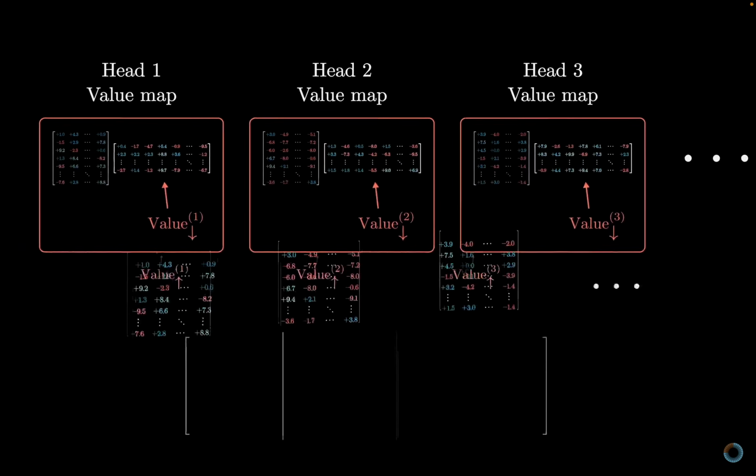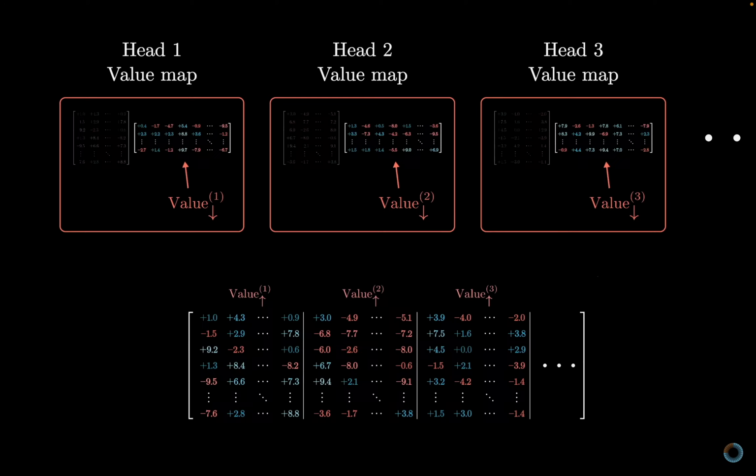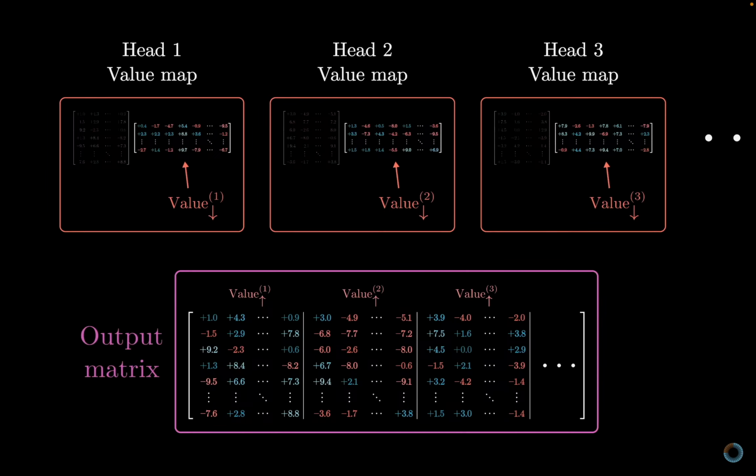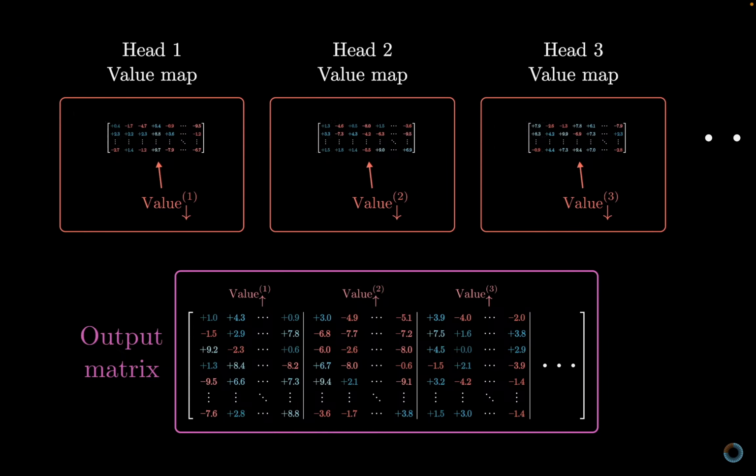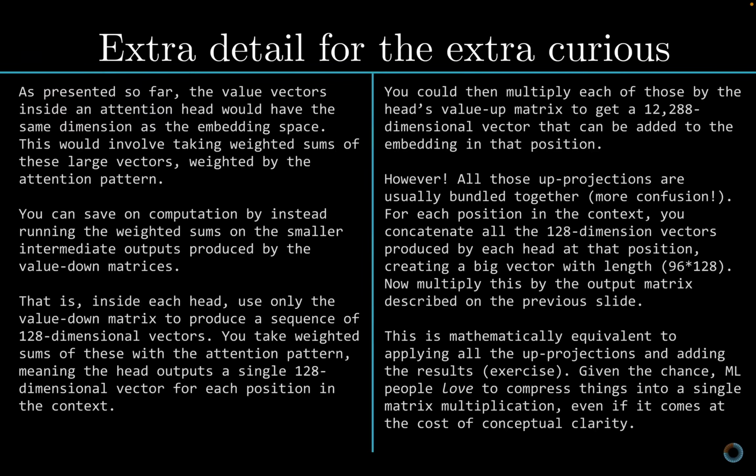All of these value up matrices for each head appear stapled together in one giant matrix that we call the output matrix, associated with the entire multi-headed attention block. And when you see people refer to the value matrix for a given attention head, they're typically only referring to this first step, the one that I was labeling as the value down projection into the smaller space. For the curious among you, I've left an on-screen note about it. It's one of those details that runs the